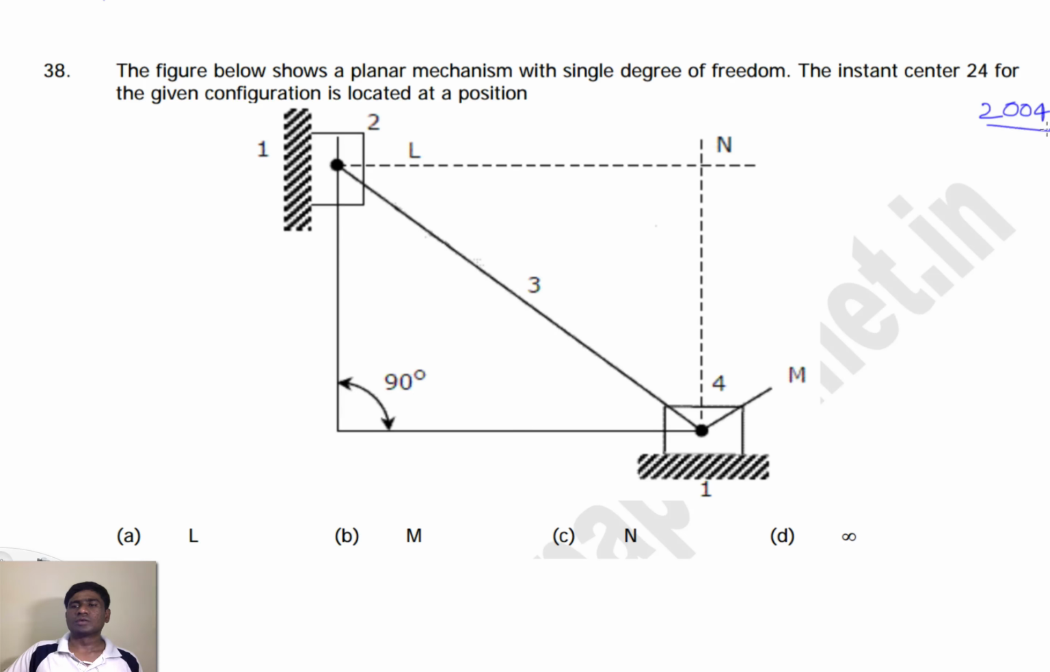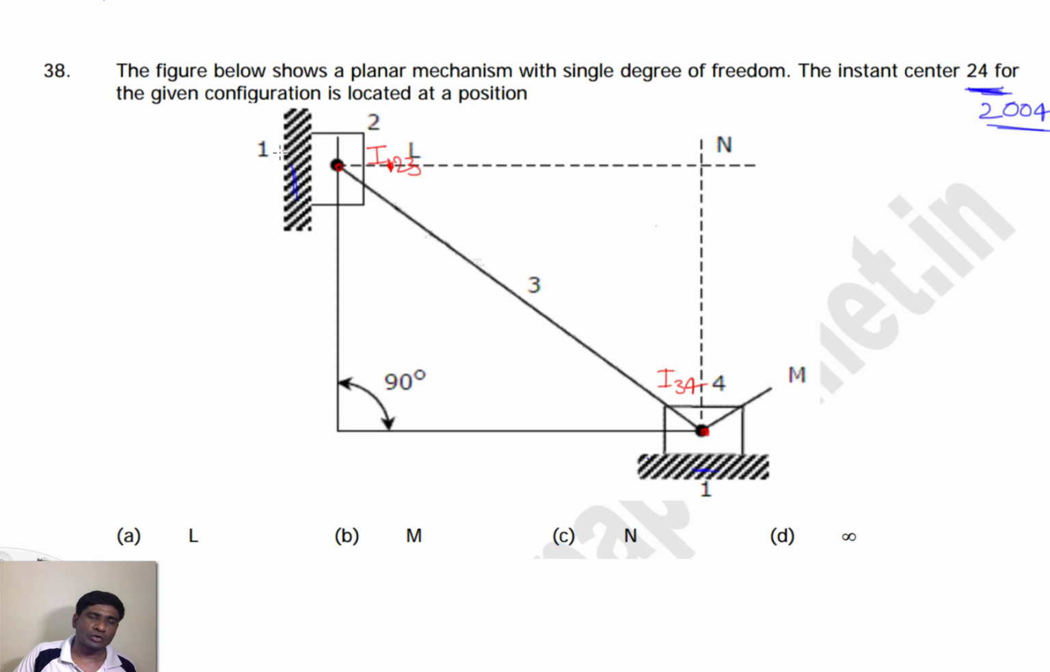This is a very simple one, just to identify instantaneous centers. The figure below shows a planar mechanism with single degree of freedom. We need to calculate I24. So this is the fixed link 1, and this is link 2. This is a slider 2, 3 and 4, and again this is 1. This is a double slider mechanism. So first of all we identify this one, I12, sorry this is I23, and this is instantaneous center I34,